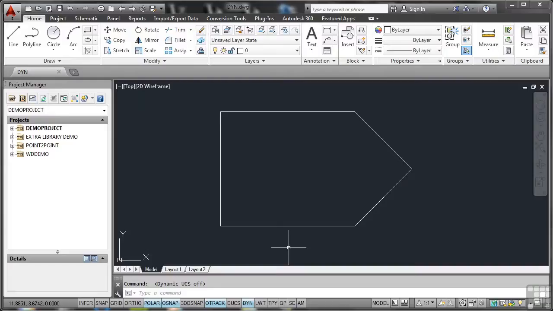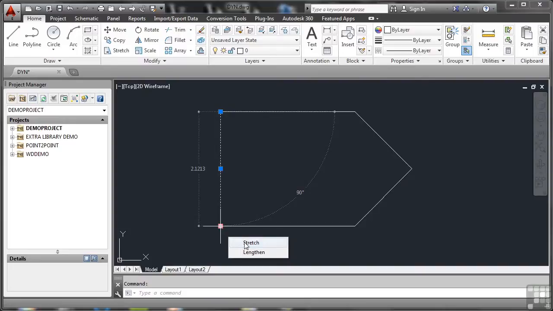I use it constantly. If I go and select this line here, I get those grips like that. If I hover on that grip though, it tells me the length of that line. As you can see, it's 2.1213. If I hover over the mid snap there, nothing happens. However, if I go there, again I get the same, but notice I've got the option of stretching or lengthening